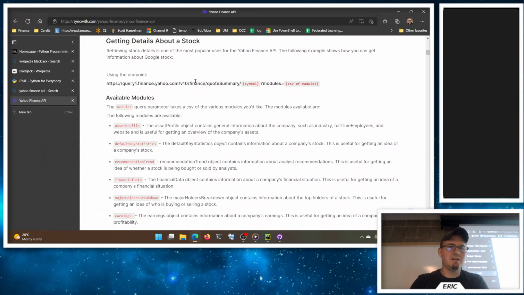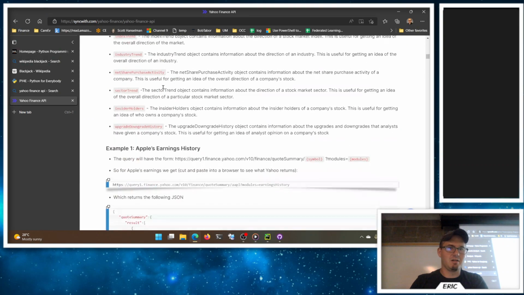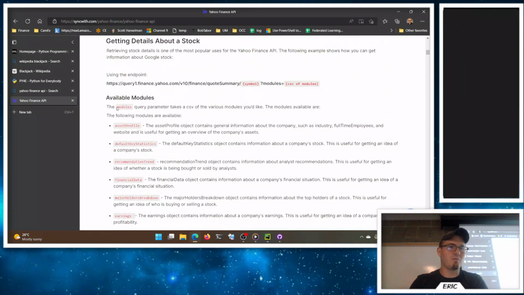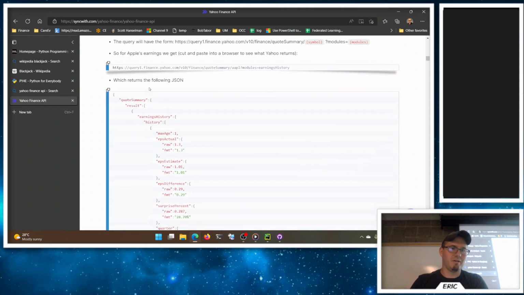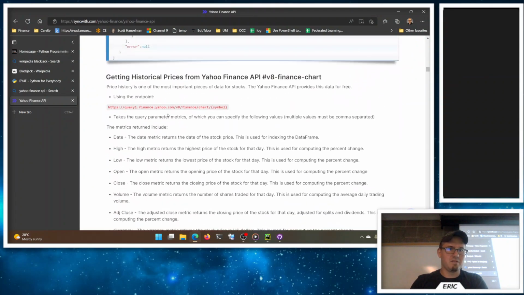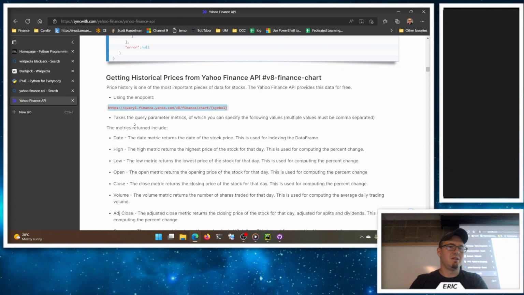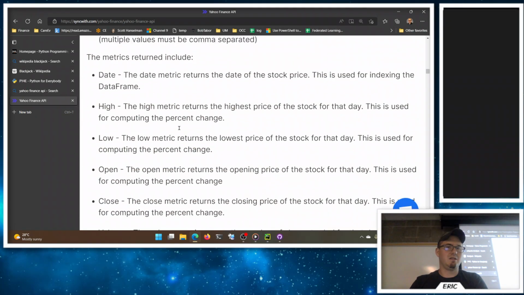Here we go. So you can get details about a particular stock here. Now this one is way more info than we need. The first one, we care about the second endpoint, which is much easier for us here. So we say, hey, here's the URL I want, and it is going to be